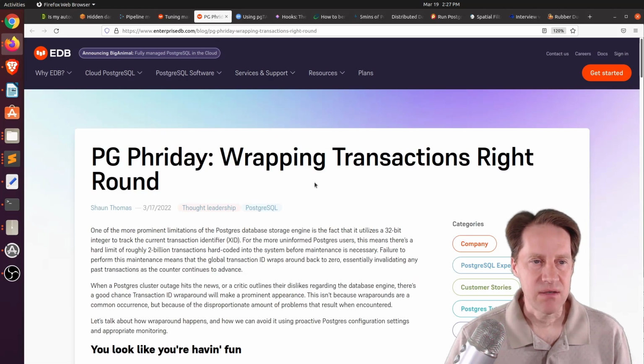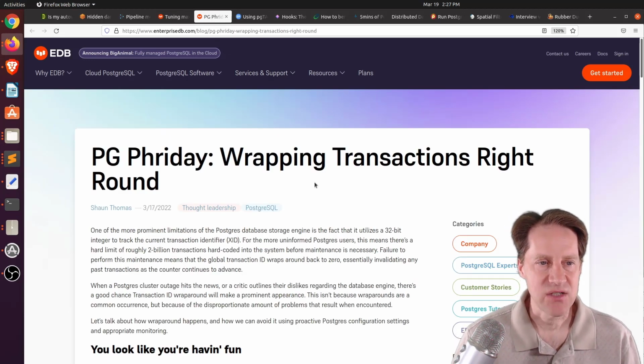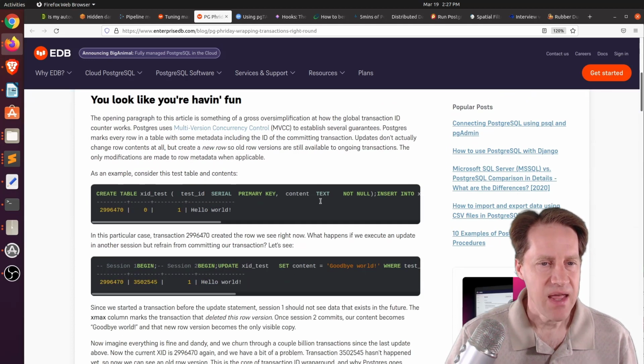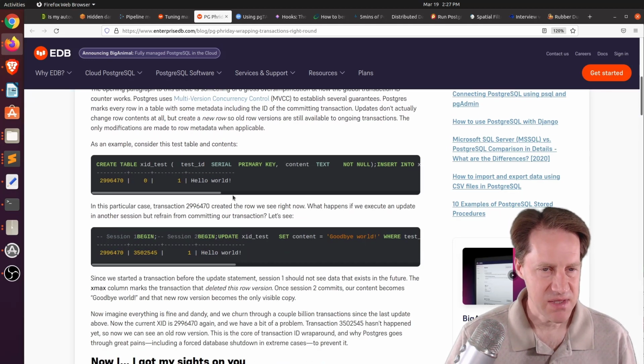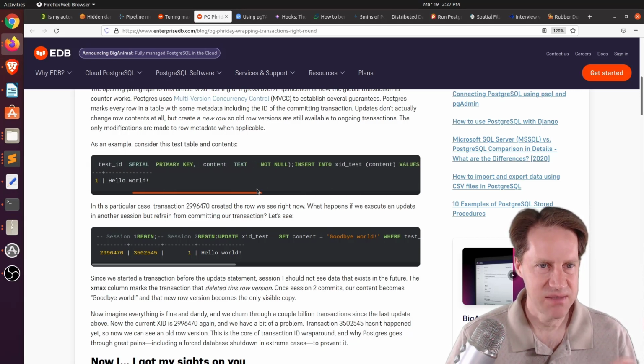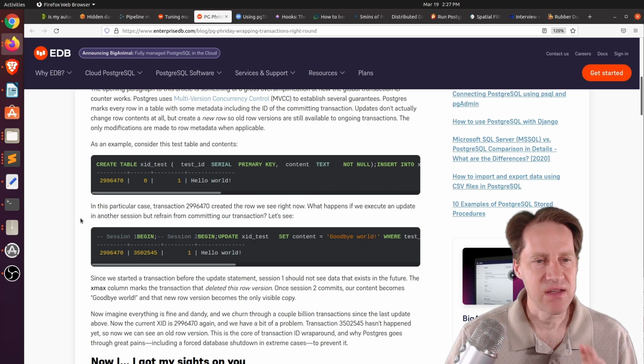The next piece of content, "Phriday: Wrapping Transactions Right Round". This is from enterprisedb.com as well. And it was a little bit hard to read some of this post because their code looks to be all on one line as opposed to multiple lines. But basically, they're talking about